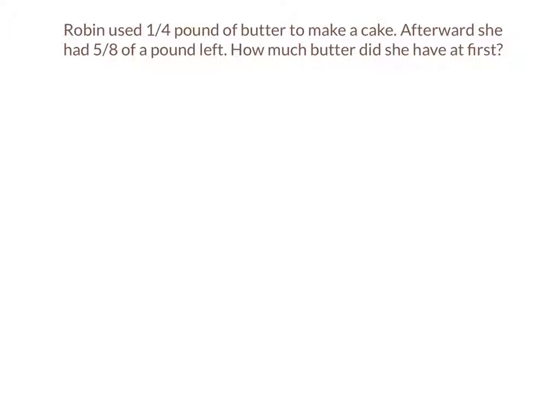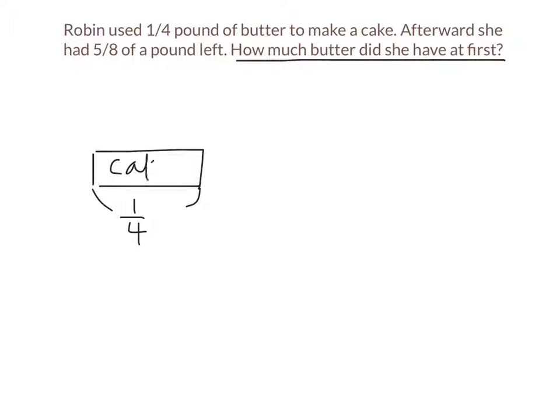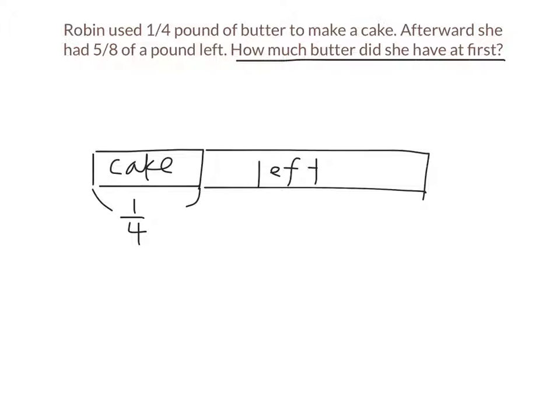Okay, what is this word problem asking us to find out? It wants us to figure out how much butter she had at first, in the beginning. What we know is that she used 1/4 of a pound to make a cake. After that, this is what she had left over, 5/8 of a pound. How can we figure out how much she had at first, before she even made her cake? Do you see how a tape diagram shows us we need to add the cake amount to what was left over? So we need to add 1/4 plus